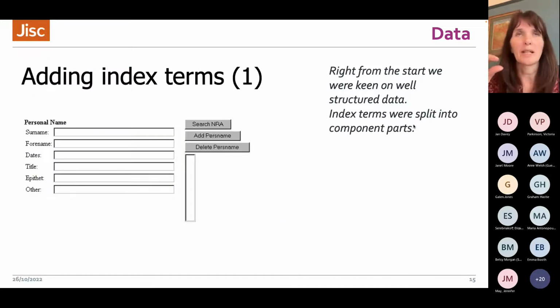One of the good things we did at that time, although it was quite a basic data entry, right from the start of the Archives Hub, we thought that data structure, good structure, was important. And I think that's been really key to our success, that we did that right from the beginning. So I've just taken a screenshot here with that data entry tool. When you put in a personal name, we broke the name down in this kind of way right from the beginning. And even now, most commercial systems often don't do that, actually. EAD itself didn't really lend itself to doing that, so we had to slightly hack the EAD in order to do it. And on the next slide here,